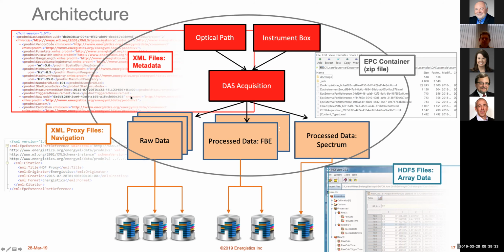And then at the bottom there, you can see a representation of the big binary HDF files. They might be gigabytes or even terabytes of these arrays of numbers. And you can see the little HDF viewer there that Wilfred was just showing. Some of the metadata is in those files, not all of it. These have the minimum metadata so that you can look at them alone and you can still work out what's going on. But for instance, they don't repeat stuff like the optical path or the instrument box or details of the vendor and all these sort of things.